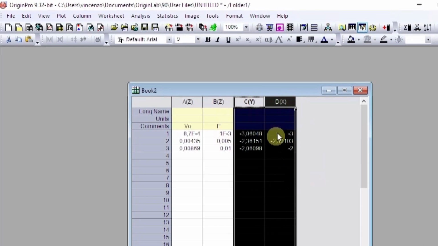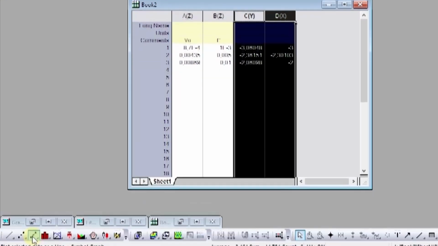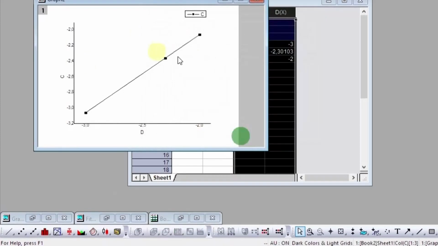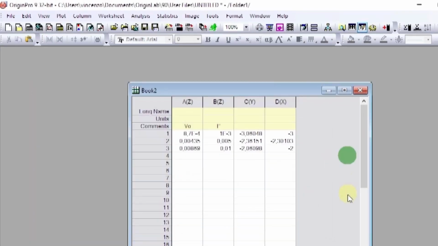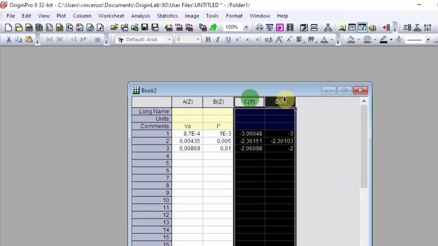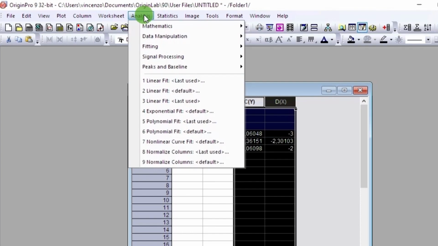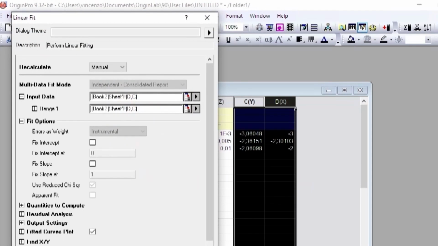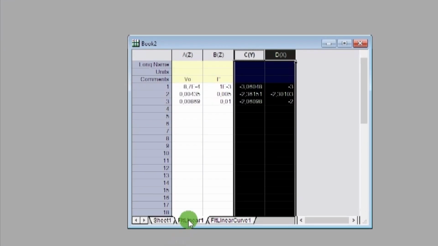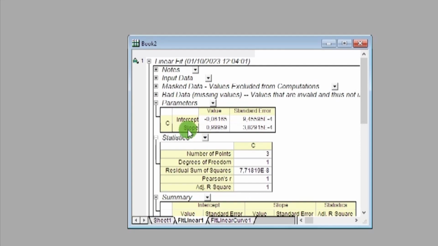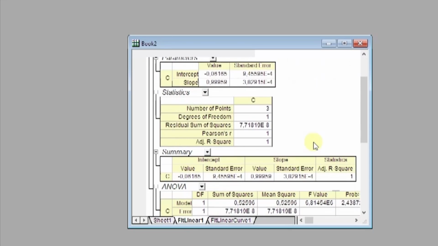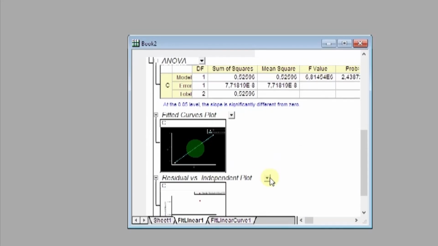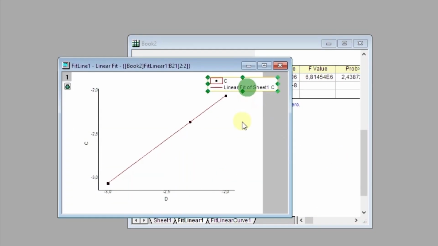Let's check if this is a straight line. Let's check it, and yeah, it is. And now we will do our linear fit in order to have the slope directly calculated. Okay, we have the correct data inside. Let's do okay. Let's see fit linear, and actually you can see our slope, our intercept, and our graph here as we've done before. So let's adjust our graph as we like,